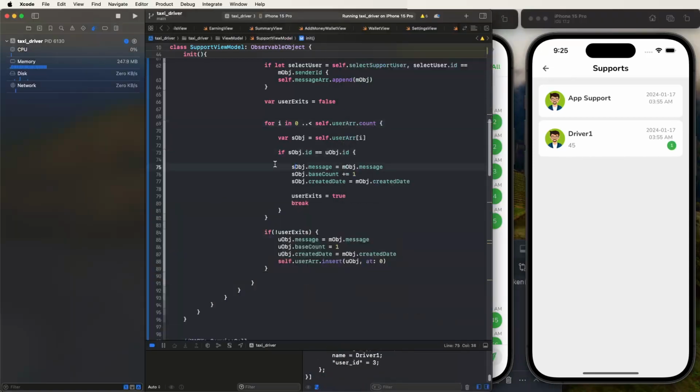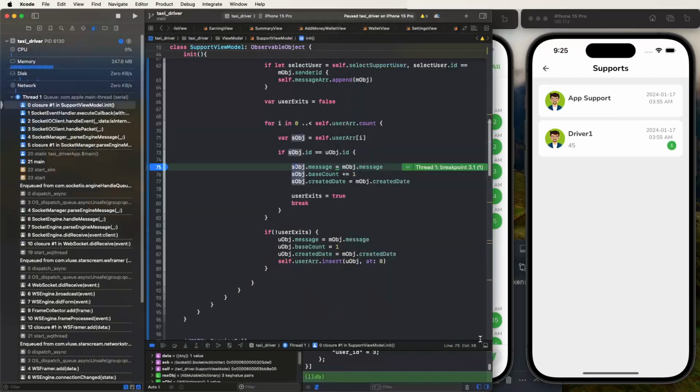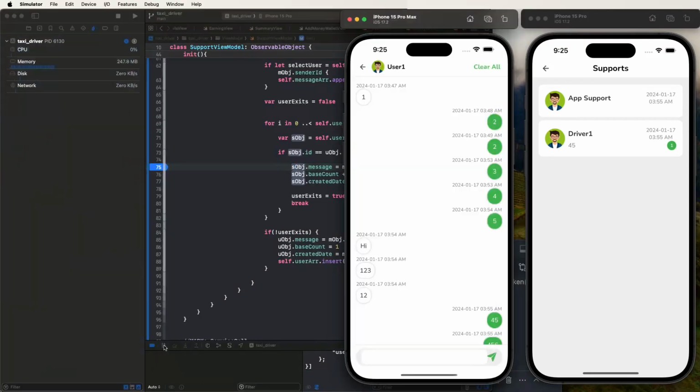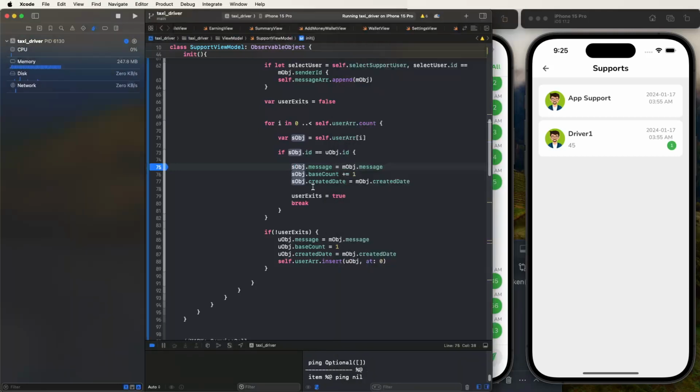Maybe we need to get it, but not. The data is not reflected. That's why we need to create one more thing here. Need to write down